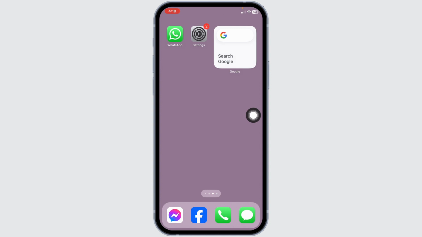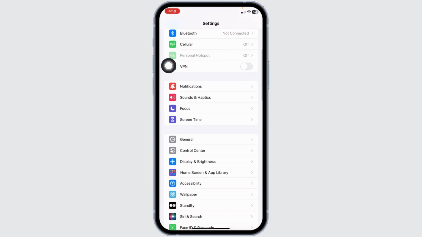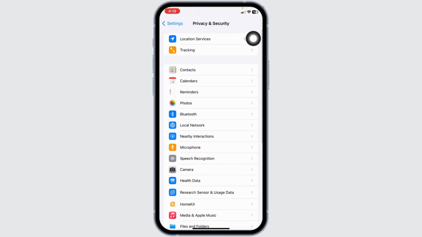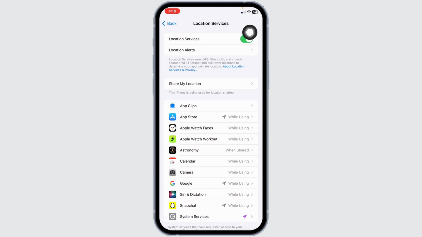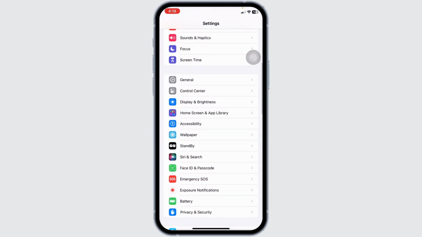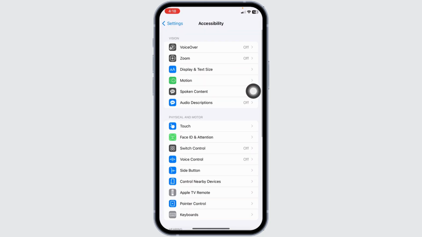Now heading towards next solution, open your settings app. Scroll down, open the option Privacy and Security. Click on the option Location Services. Toggle off for the option of Location Services. Now head back, head towards the main page of settings, scroll down, open the option Accessibility, head towards the option